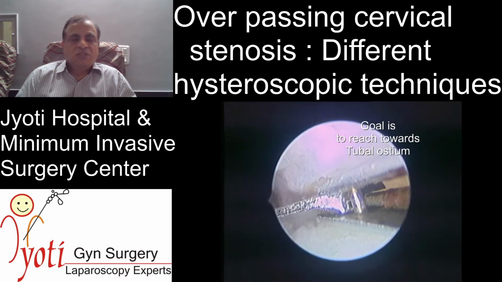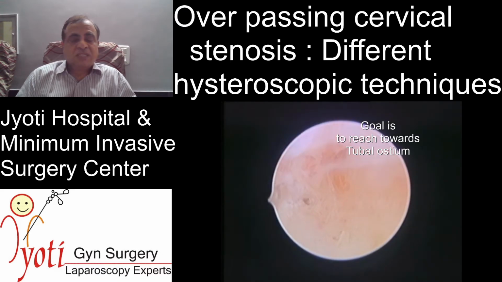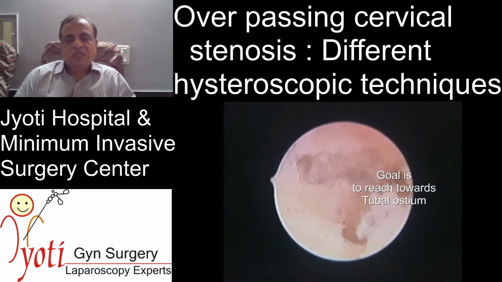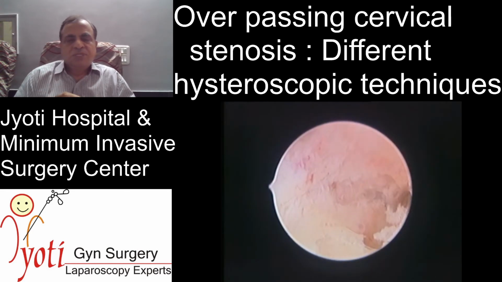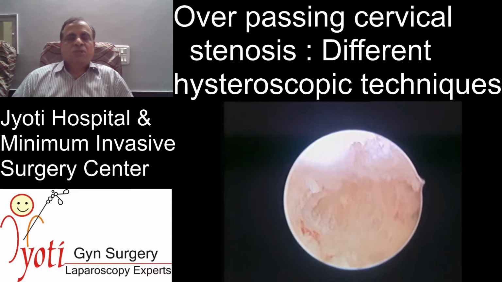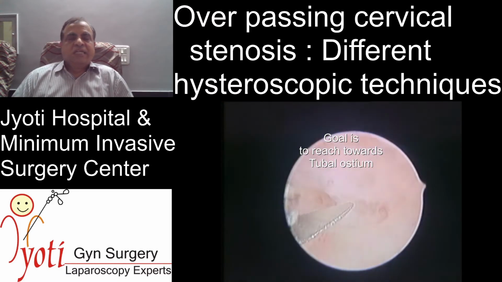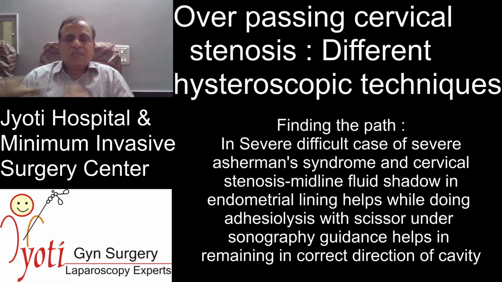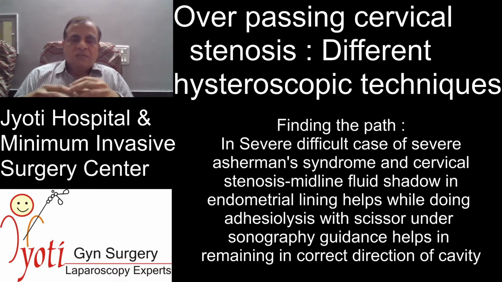So this is how it is done, but of course, in such a case, you must rule out tuberculosis. So that's very important. Send a tissue for TB-PCR or GeneXpert. Make sure that this is not tuberculosis. It's very common with such severe adhesions. So this is how you prepare; your goal is to reach the tubal ostium and create a triangular cavity. Now there's another scenario wherein there's a severe Asherman syndrome and severe cervical stenosis, and it's difficult to understand